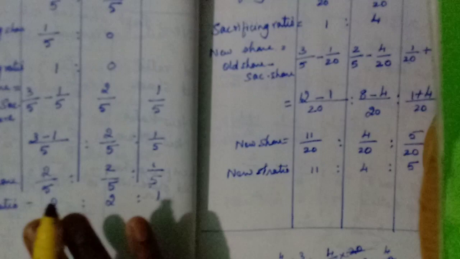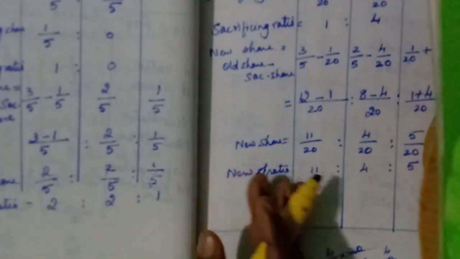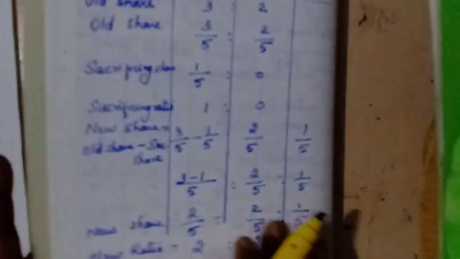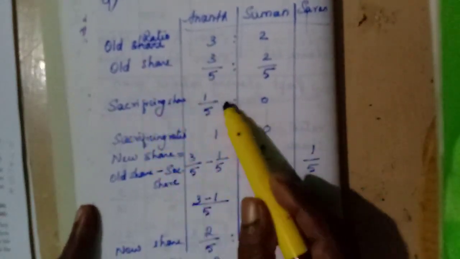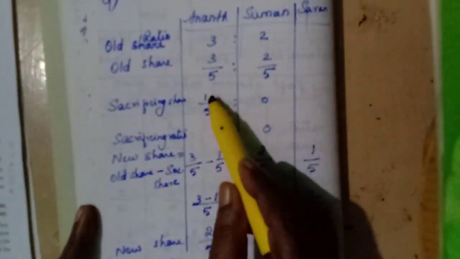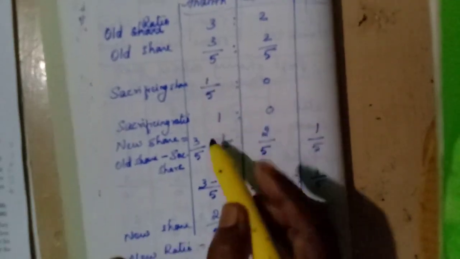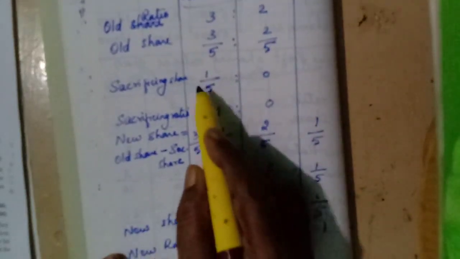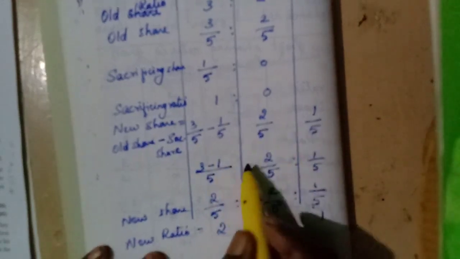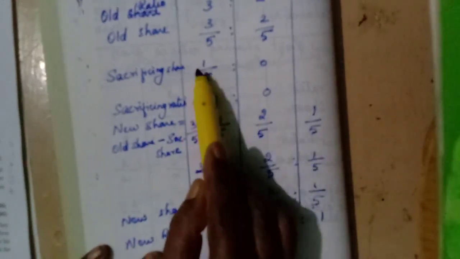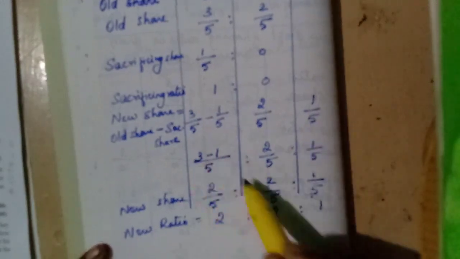New profit sharing ratio is not given. But sacrificing share is given. Okay. Old ratio given, old share. Sacrificing share. Only one partner is sacrificing. So we need to deduct that one from the old partner share. The other partner's share is the same. What he is sacrificing only, he is giving to the new partner. Very easy one. Okay. Then,